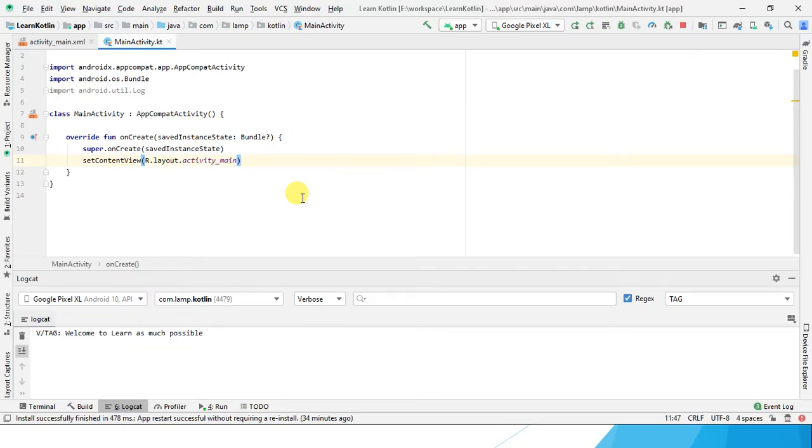Now we are on our Android Studio. Now we are going to declare a val value. It's a very simple keyword, val. This is the way we have to declare the keyword. And now we are going to give the parameter value, welcome message is equal to double quotes. This is how we have to declare the value. Here we give our text string, whatever you want to print: Learn as much as possible.